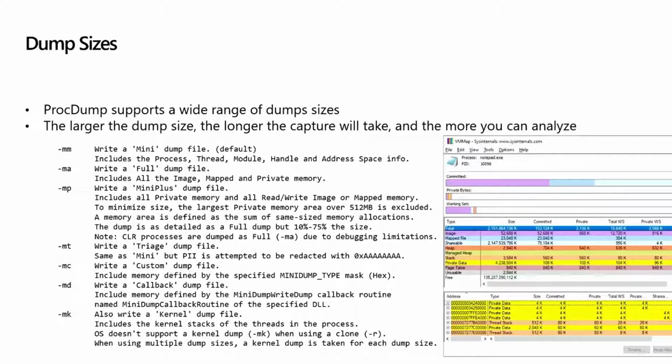All of those so far define how big the file is going to be for the user mode dump file. You can also attempt to take a kernel dump file as well at the same time. So you'll end up with two files for the capture, and it takes the kernel side of the process. You use that particularly when you're doing hang analysis, where the user mode code is waiting on something and you want to see why it's waiting in the kernel. You can use VMMap to get an idea of all the different segments of the process and what may or may not be brought in. Things like image, map files, and heap, the various types of private memory, heaps and stacks, and private memory itself are the main things that we're playing with here.